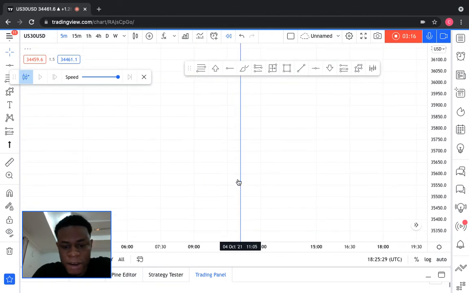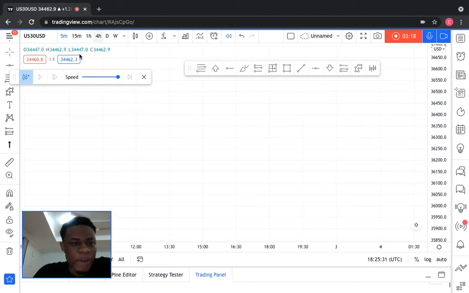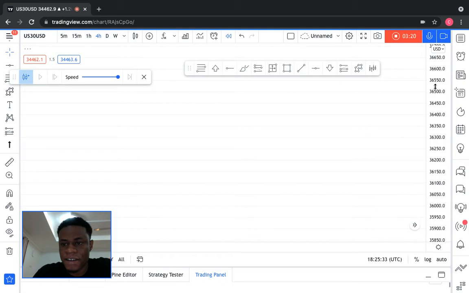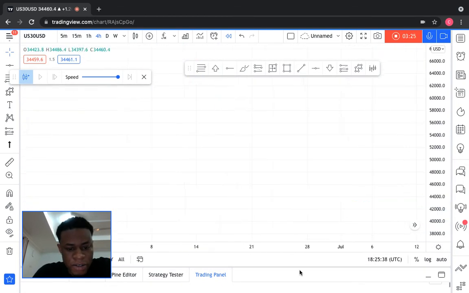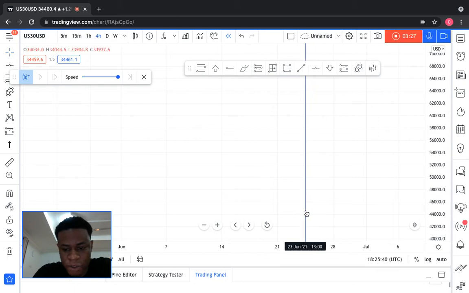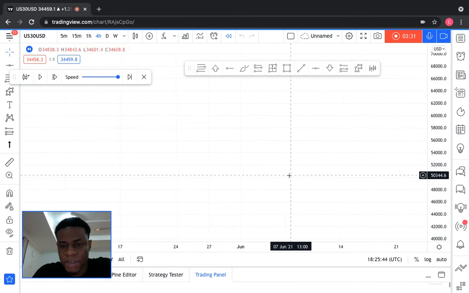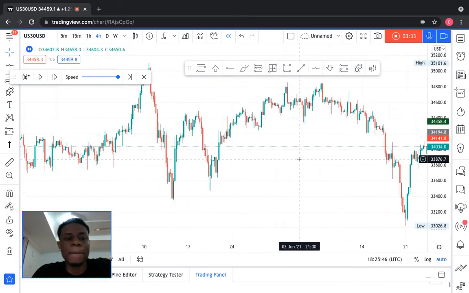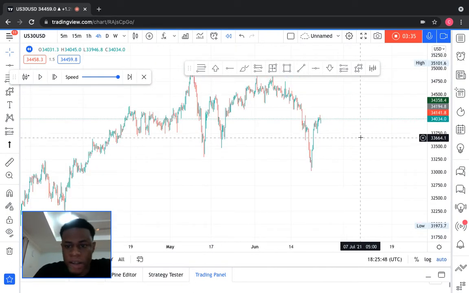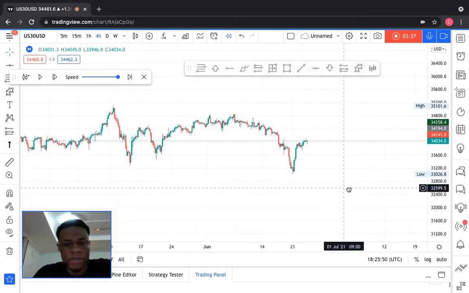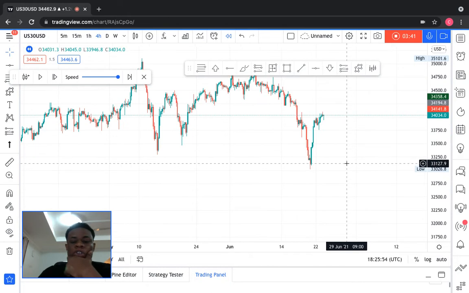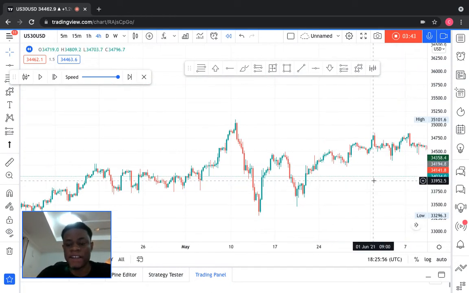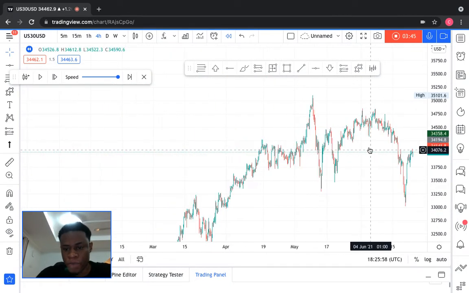So let's say we are randomly backtesting any pair right now. Let's just say today is the 23rd of June at exactly 13:00, which is like 1 p.m. We have this structure, we're in the market, okay. 30 minutes to New York Stock Open. Forget about everything that has happened here. Zoom out